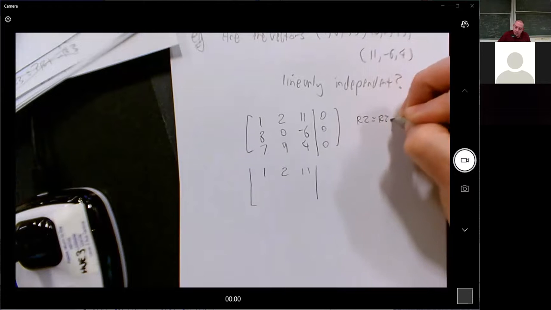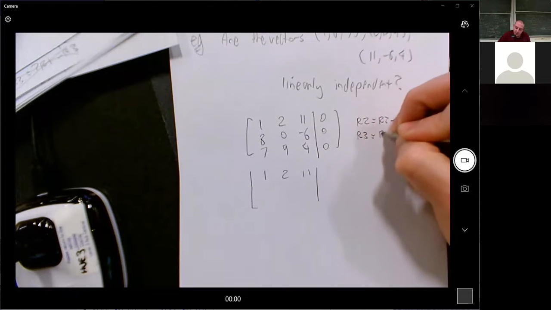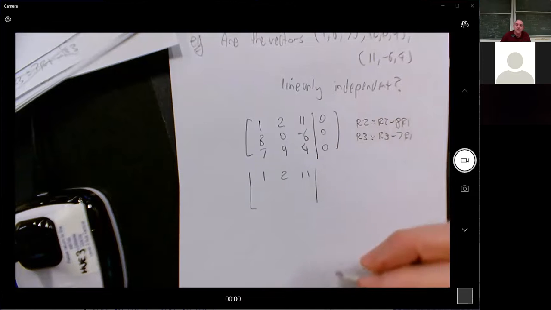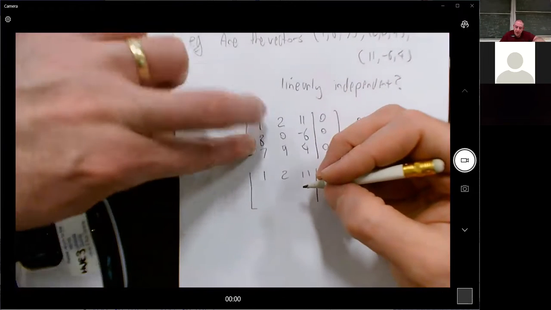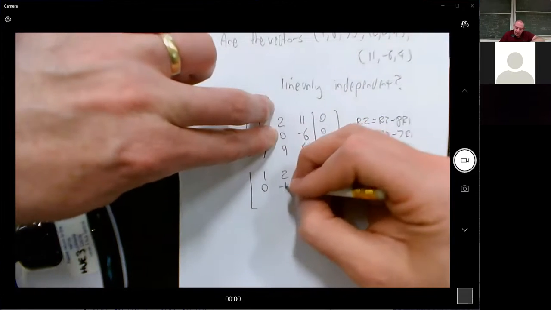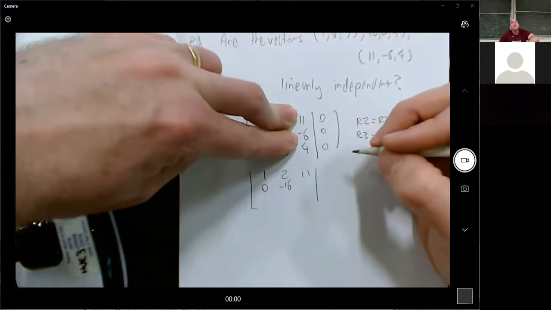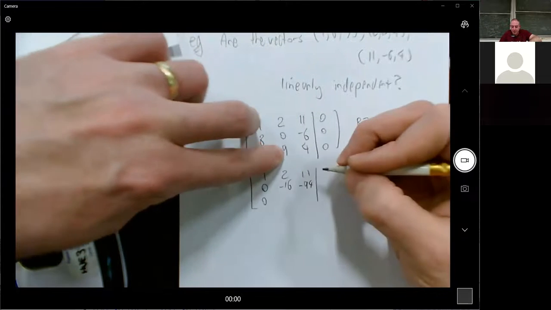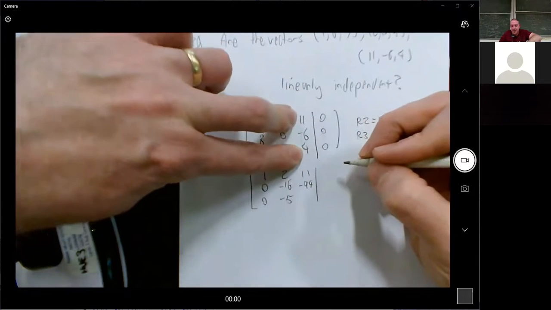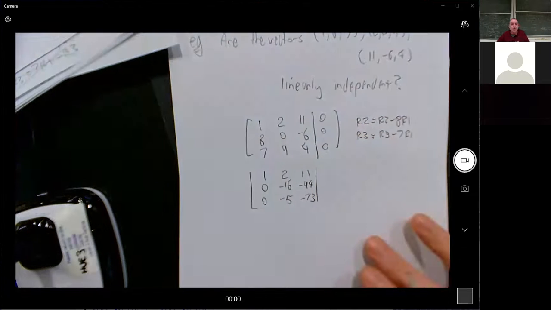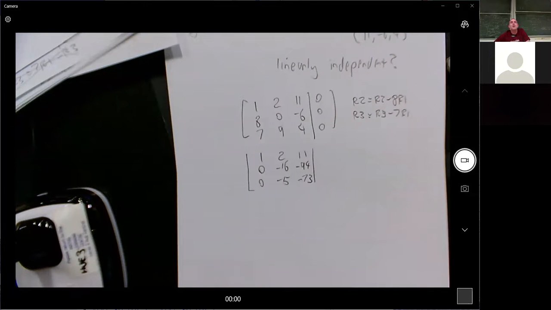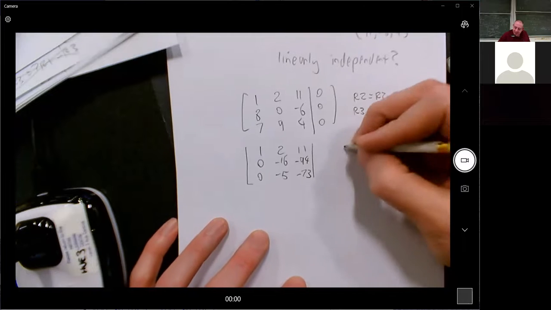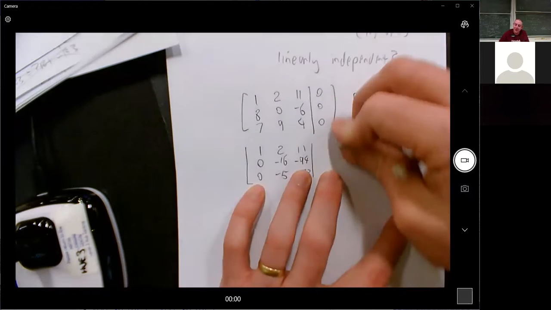So row 2 is row 2 minus 8 of row 1, and row 3 is row 3 minus 7 of row 1, and this is going to turn to crap. This minus 8 of that is 0, this minus 8 of that is minus 16, this minus 8 of that is minus 94, this minus 7 of that is 0, this minus 7 of that is minus 5, this minus 7 of that is, oh my goodness, minus 73. It's not looking good. Cool. Oh man, I really made hard work for myself. I'm going to swap row 2 and row... You know what? I'm just going to go all out,